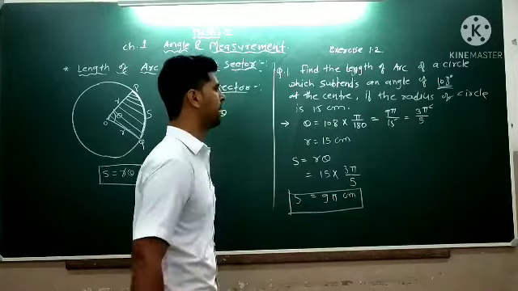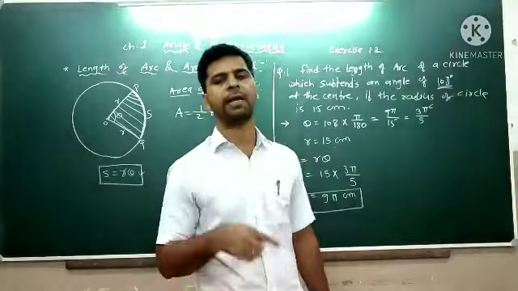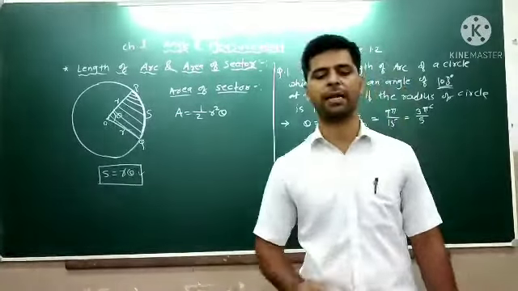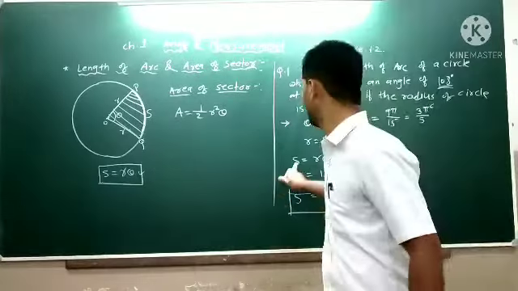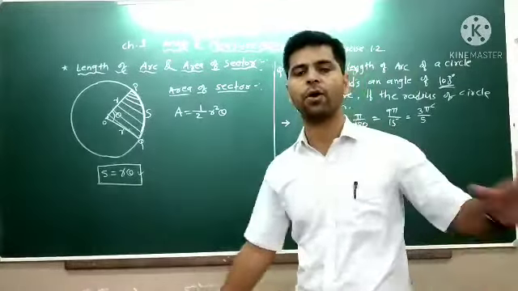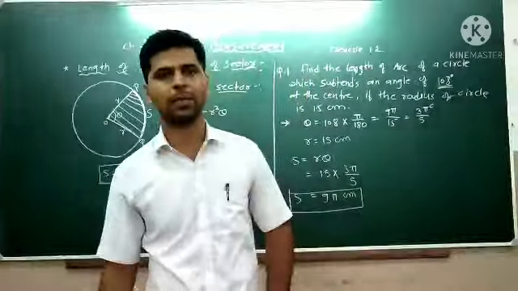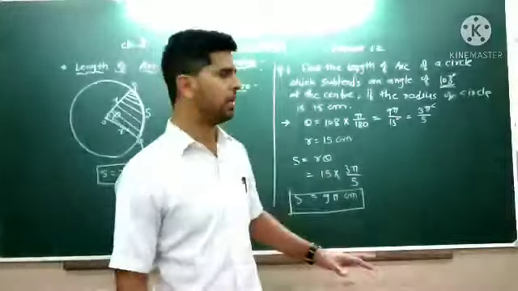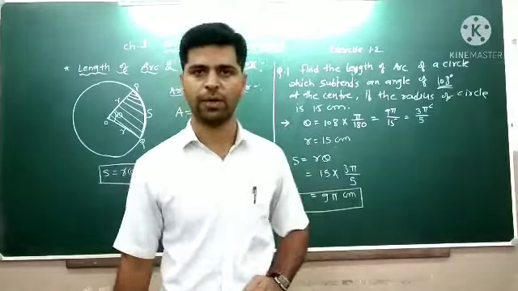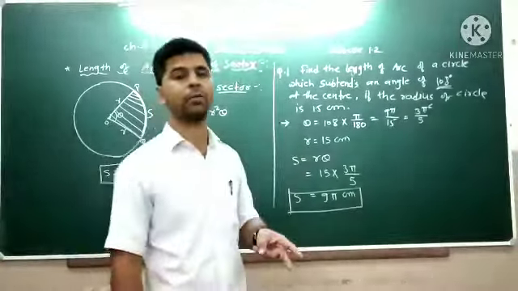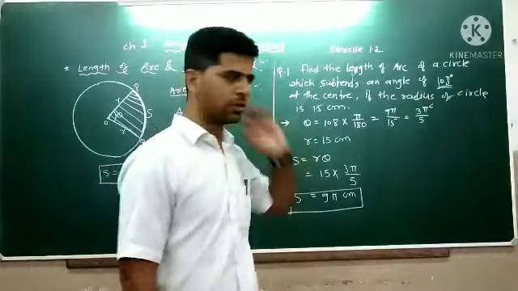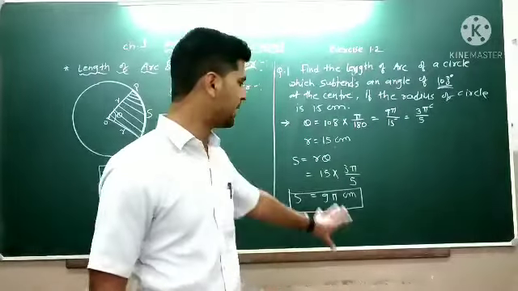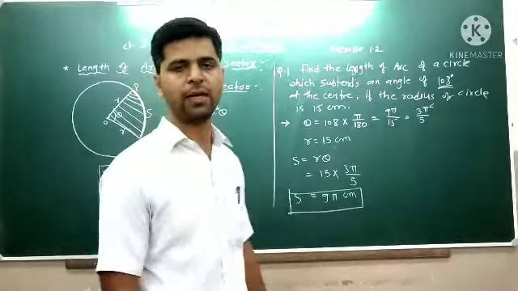Why am I taking centimeter? Because your radius was in centimeter, so your length of arc should be in centimeter. Okay, so this is how we can find out the length of arc. Sometimes they will give you the value of s, the length of arc, and from that sometimes they may ask you to find out the value of theta. So anyhow you require two values to find out the third value, right? Like our Pythagoras, we require at least 2 to find out the third. So similarly here we had r and theta and they asked to find out s. We got that answer 9 pi centimeter. Okay, so this is our length of arc.